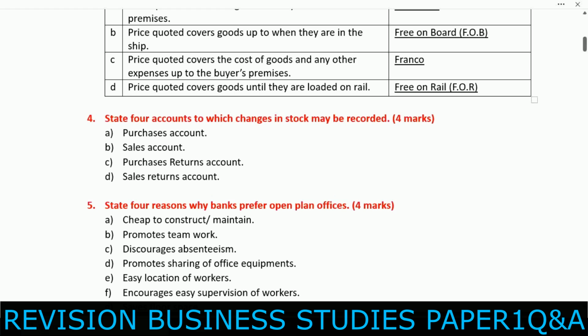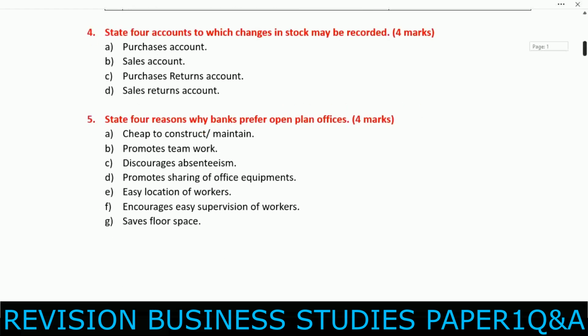Let's go to question number 4. You're told to state 4 accounts to which changes in stock may be recorded. Number A, purchases account. Number B, sales account. Number C, purchases returns account. Next, sales returns account. So you are told to state 4 accounts to which changes in stock may be recorded, and we have stated them. Question number 5, we are told to state 4 reasons why